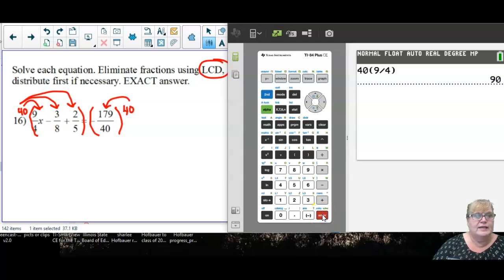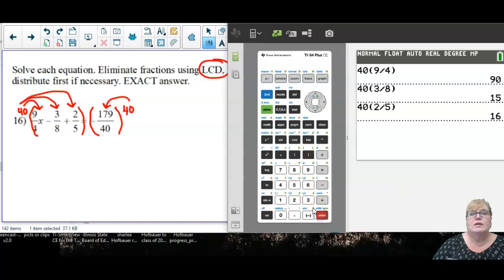All right, and I get 90, and then I have to do 40 times 3/8. And I could put the negative in there if I wanted, or just write it as minus. And then I'm going to do 40 times 2/5. And finally, I have this one, but when you multiply by 40 here, the divisor should just cancel. So I should end up with, what did we end up with here? 90x